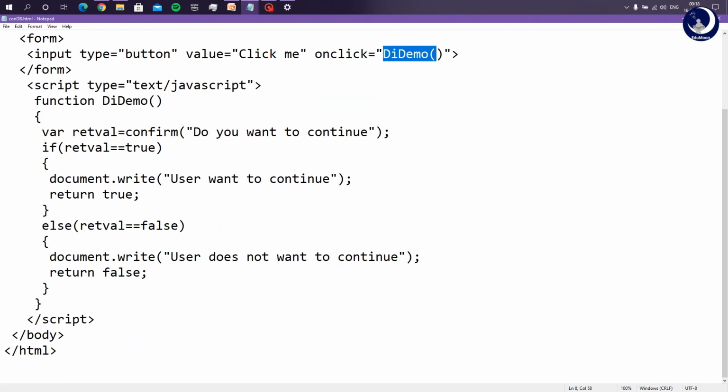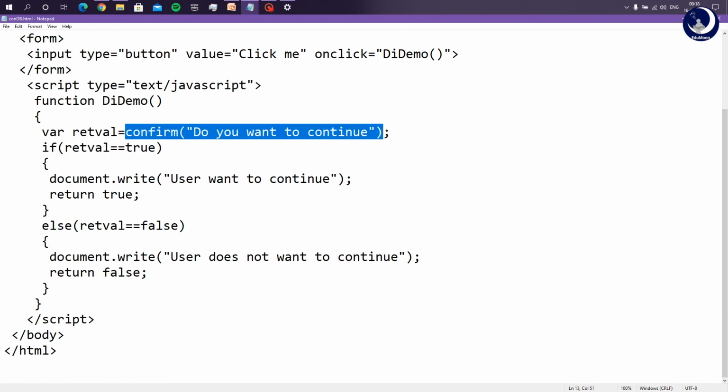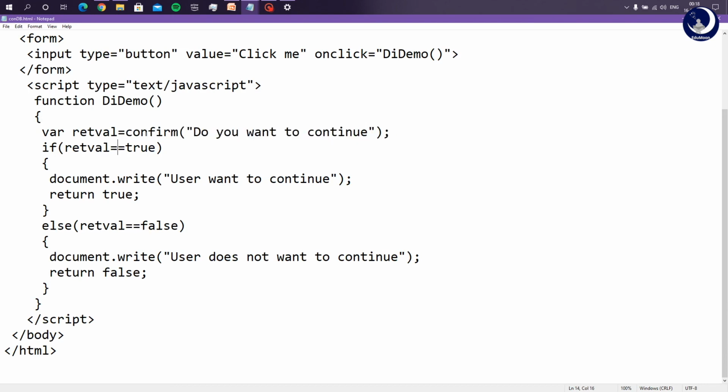The DieDemo function consists of a variable returnVal which takes the value returned from the confirmation dialog box, which says do you want to continue. If the confirmation dialog box returns 1 or true, then the document displays user want to continue by using the document.write function. And if the return value is false, then it says user does not want to continue.